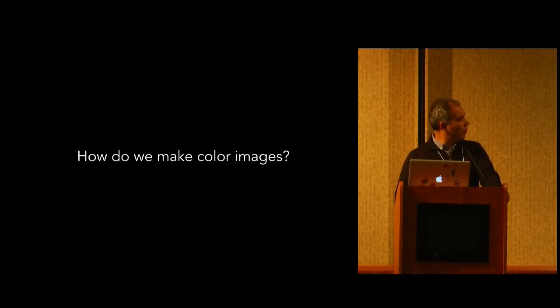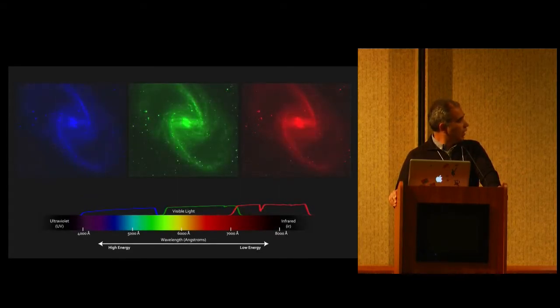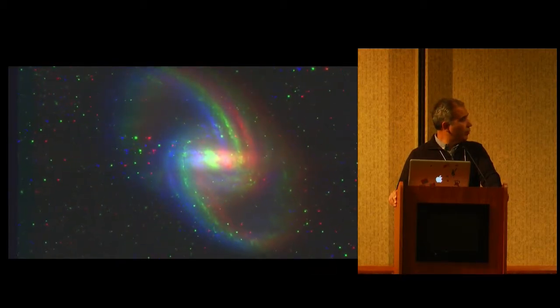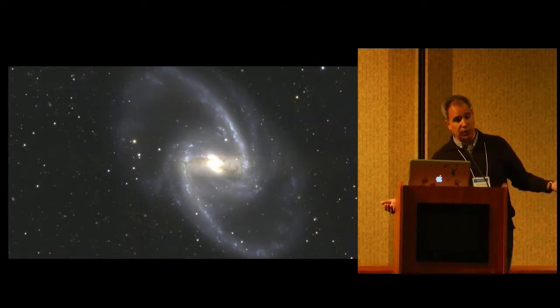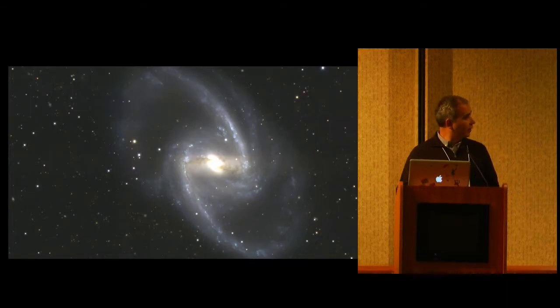So I'm going to be showing you some pretty pictures and colors, and I want to make a disclaimer for the non-astronomers in the room: telescopes do not see in color, right? This is how we make color images. We observe in different wavelengths, we put filters, and then we assign colors to each one of those filters, usually RGB, and then we mix them. And that's how we create a color image. The color images are a fair representation of what they would look like if we had eyes of 3 meters and could observe for 15 seconds or a minute. That's how they would look.